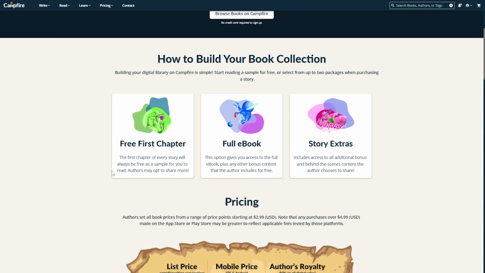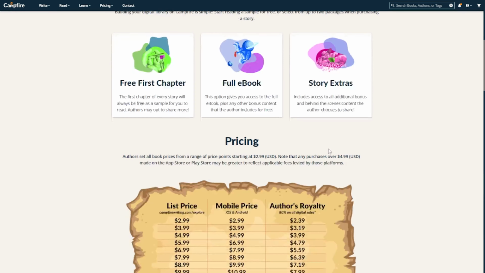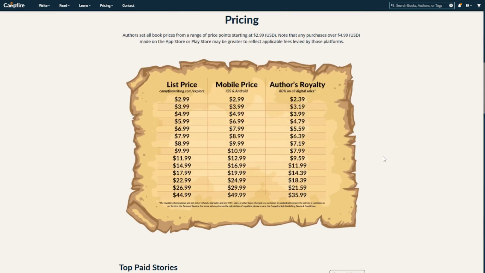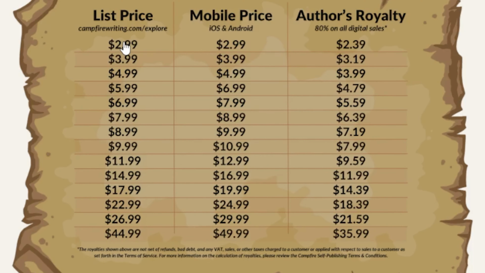Again, give the people a free first chapter to read, and then you opt them that if they want to check out the thing, you have to purchase the book and go from there. Of course, the story extras that we talked about, whether it's behind the scenes or any additional bonuses that you want. Here is the listing for prices. So based on what you want,